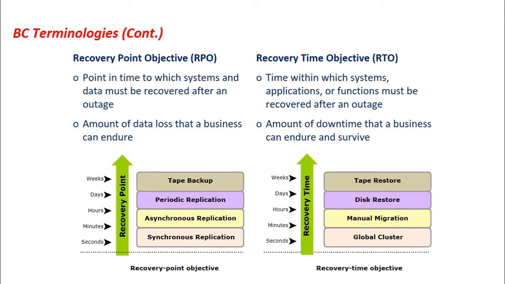For example, if the recovery time objective is 2 hours, it requires a disk based backup because it enables faster restore than a tape backup. However, if the RTO is 1 week, tape backup will likely meet the requirements. Some examples of recovery time objectives and the recovery strategies to ensure data availability are shown in this particular diagram here.